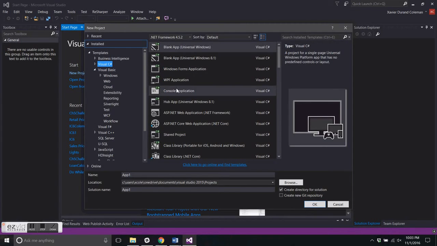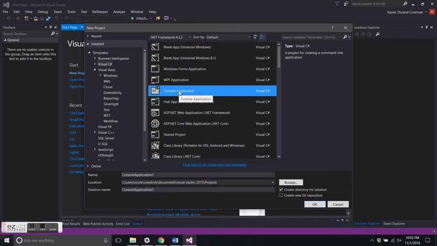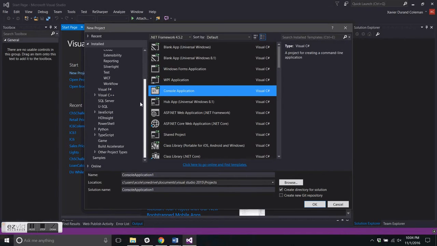Console application is basically going to go through the console. It's not going to have any type of special effects or anything like that. As you can see here on the left, all the templates are all the different things that you can make with Visual Studio. It's that extensive. And it supports C#,